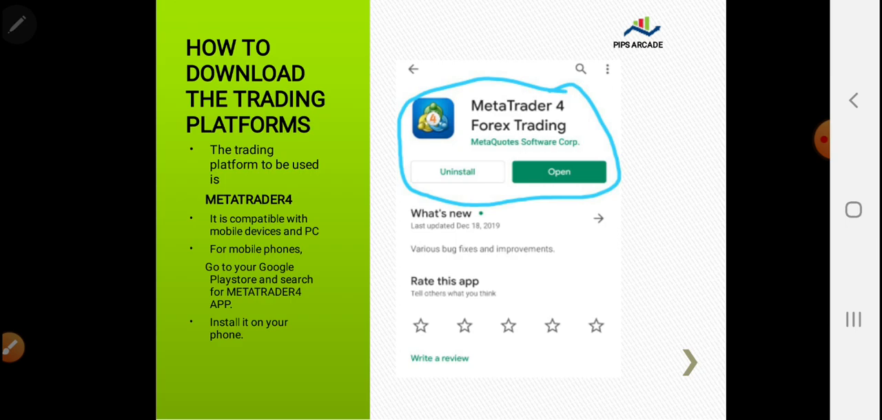The first thing you do is go to your Play Store, type the word MetaTrader 4, and you will see what is on the screen. You install it and then open the platform. The platform to be used is called MetaTrader 4, and it is compatible with mobile devices and PC. For mobile phones, you go to your Play Store like I said earlier. Now for laptops, you go to